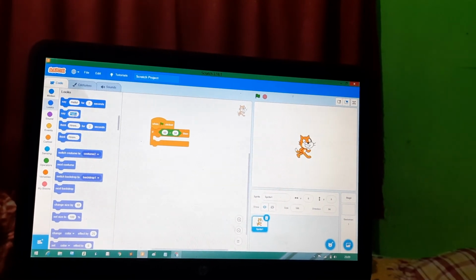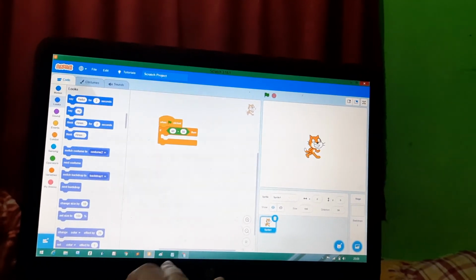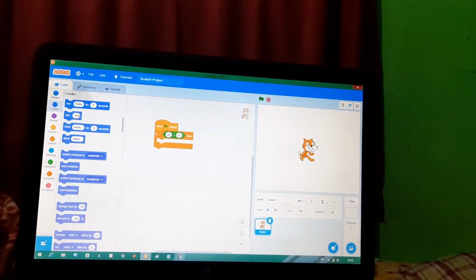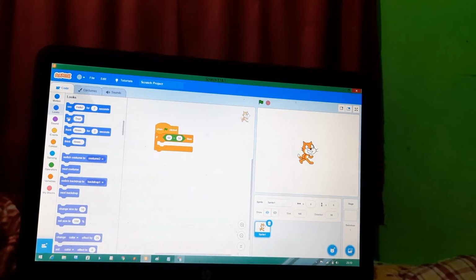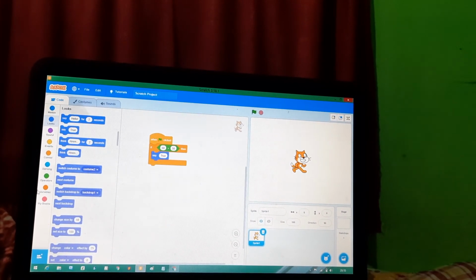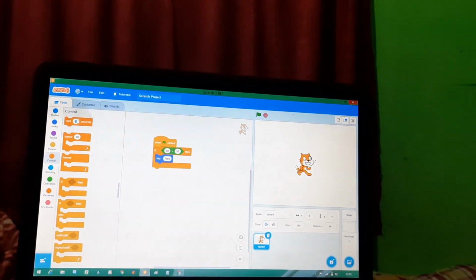Suppose I want to say it's true, only type true. Then put it here and it will say it for, suppose, 2 seconds.